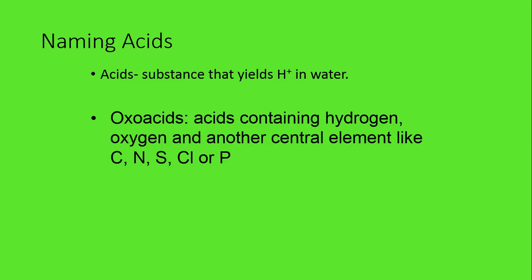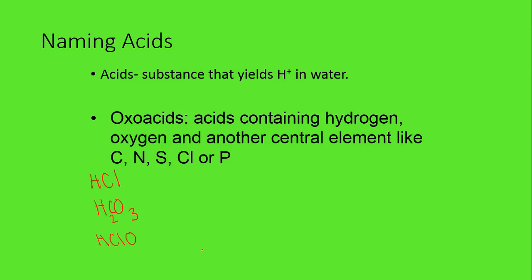But with acids, because sometimes we've got acids attached to just elements, sometimes we've got acids attached to hydrogens attached to polyatomic ions, because those hydrogen ions, which are positive, can attach to a lot of different things, we've got to have a special naming system for them. So, in order to understand this special naming system, let's start with reviewing that an acid is a substance that yields hydrogen, which means that whatever the acid is, whether it's something like HCl, or whether it's H2CO3,